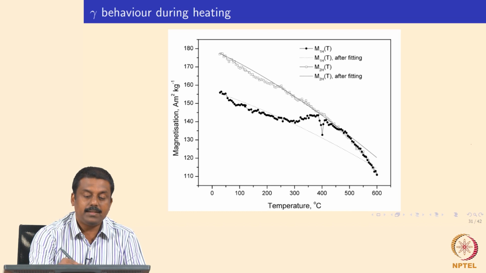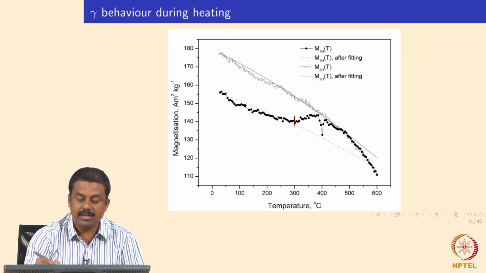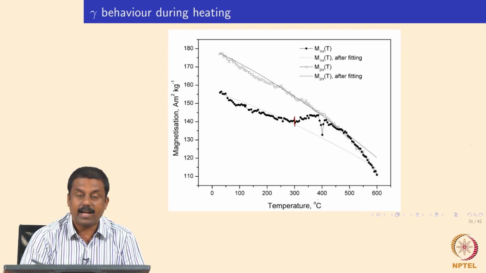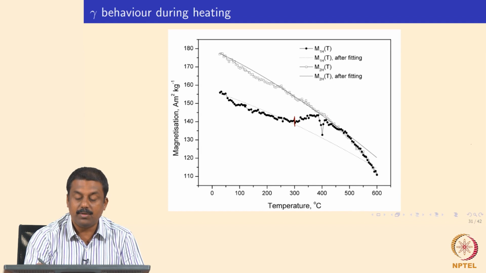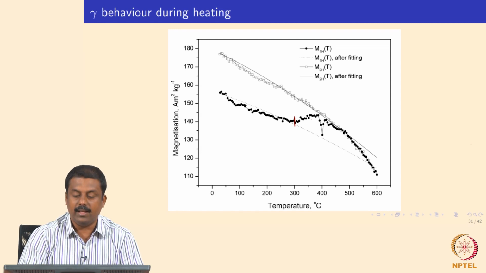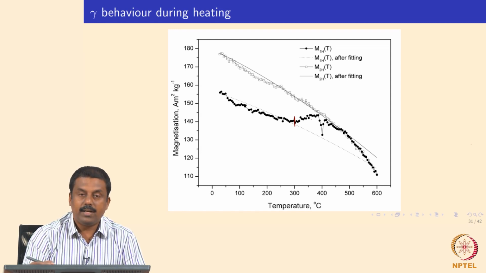So, if you increase the temperature, what happens? The retained austenite starts decomposing when the temperature reaches, for the case of high silicon steel, beyond 300 degrees centigrade. This decomposition leads to a formation of ferromagnetic ferrite, and then the transient carbides, which we looked at in an earlier class. We will look at it further.